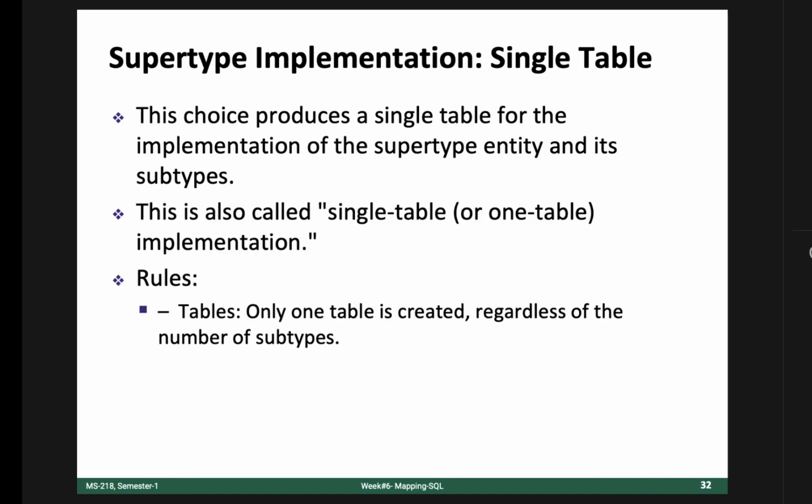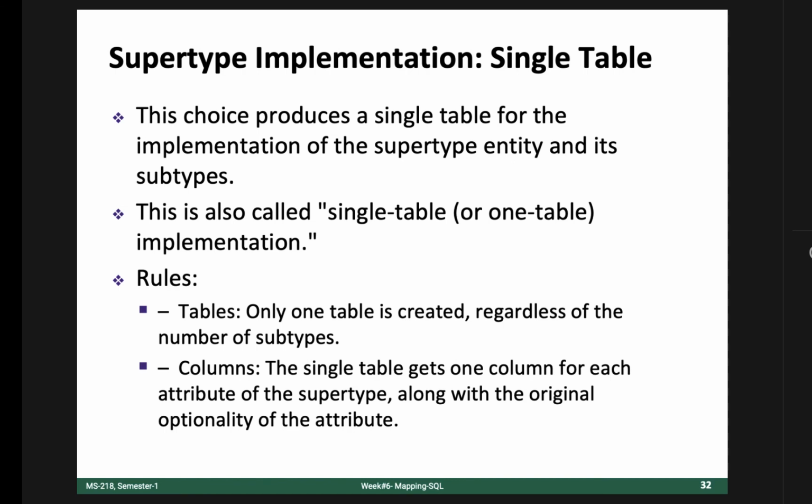So the rules: only one table is created regardless of the number of subtypes. Columns: the single table gets one column for each attribute of the supertype, along with the original optionality of the attribute. And obviously, if you are mixing all subtypes into one table, it means that you are wasting many attributes, because, for example,